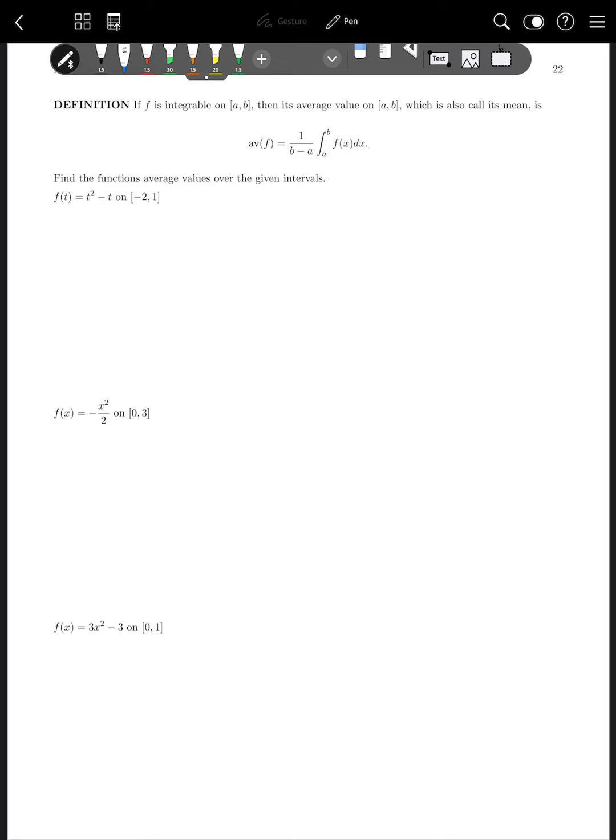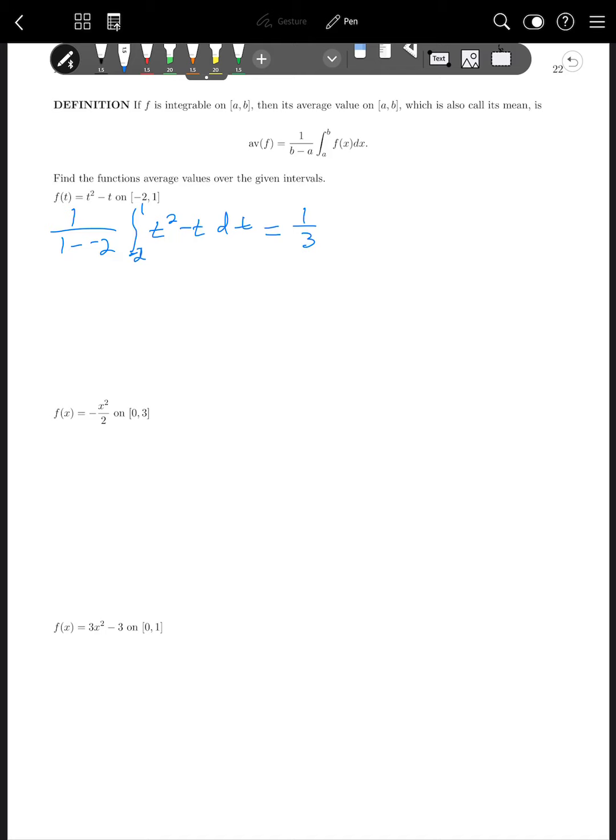So for example, if I want to find the average value of this first function, that's going to be 1 over b minus a, so 1 minus negative 2, times the integral from negative 2 to 1 of t squared minus t dt. And now we can just use the rules we've talked about in the previous pages to find this definite integral. Okay, so that's going to be 1 over 3